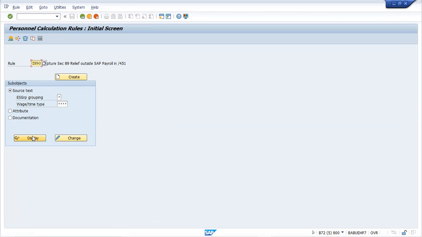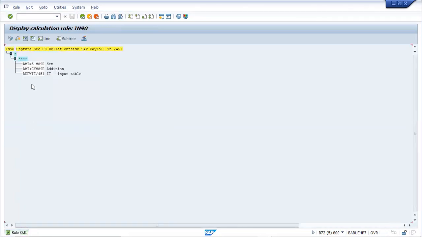This is purely, again, for when section 89 relief is calculated completely outside the payroll and we are just trying to enter that relief amount. In the second step, which I told you in IN 89, you are calculating the section 89 relief, meaning there is no data, you just enter the data and the system calculates the relief. But this is the third way of doing it. If you choose IN 90, then you calculate completely outside the system and just enter that value. In this case also SAP provides a wage type called M89R.